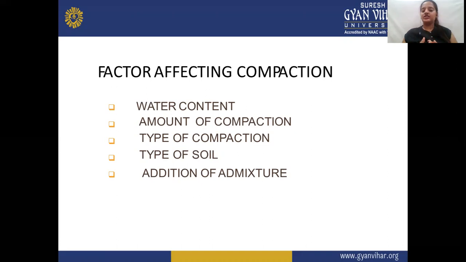Then there is the addition of admixtures. We can also have additives which can be added to the soil and water so that they act as bonding agents and provide much better strength. As an additive material, we can use lime or cement or any other, like gypsum. These additive materials are quite necessary for